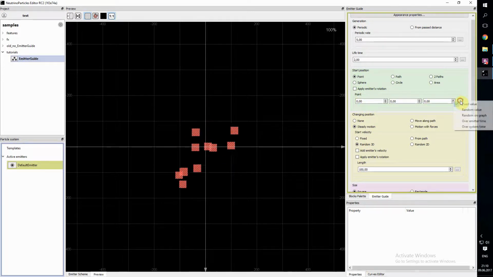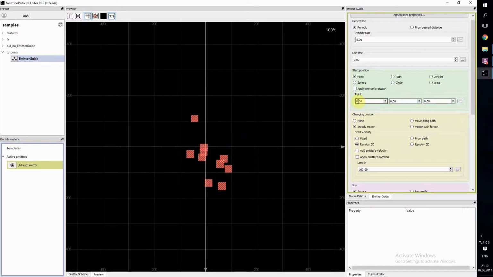By default it is a fixed value, so it is a single point where all particles are created. It is 0, 0, 0. You can set it to 200 by x, and you can see that the starting point is changed. Next